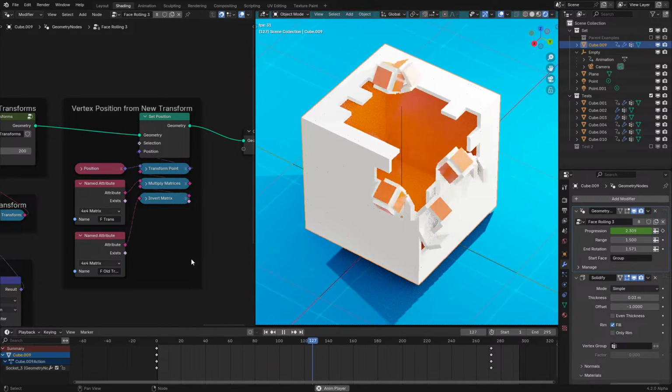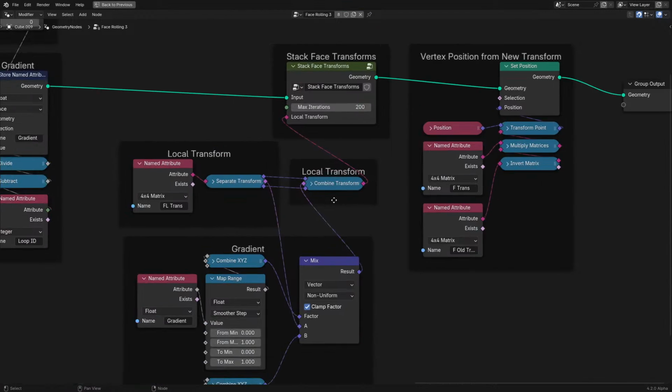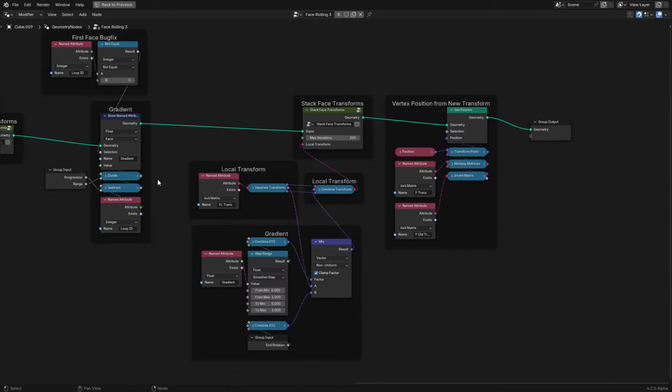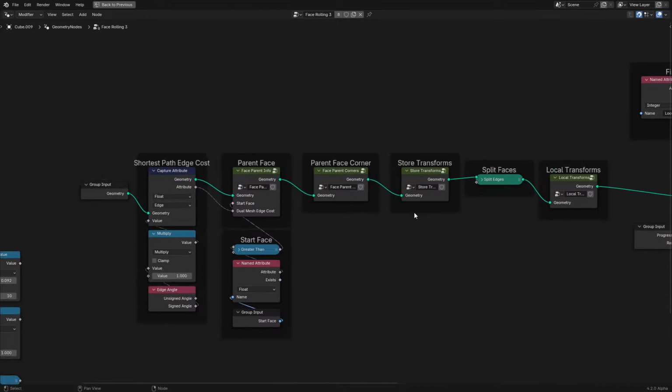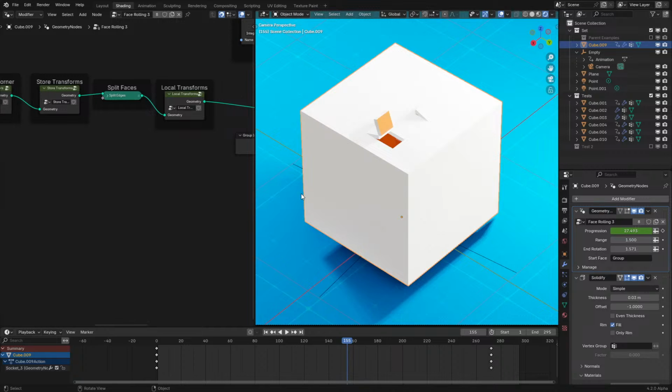Alright, I think that's everything for today. Using the new matrix sockets in a practical application, seeing how much it optimizes the node setup. I'm very, very happy with it. But other than that, I think we're good. Just to wrap up the stream,